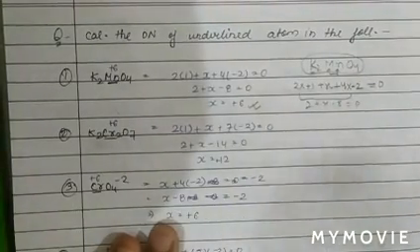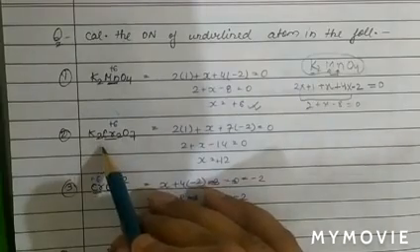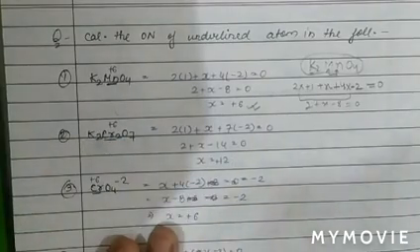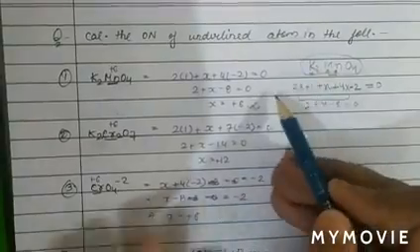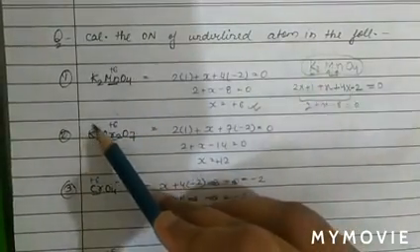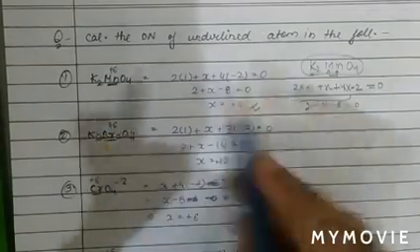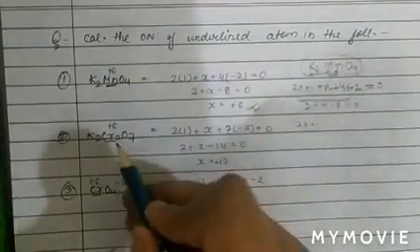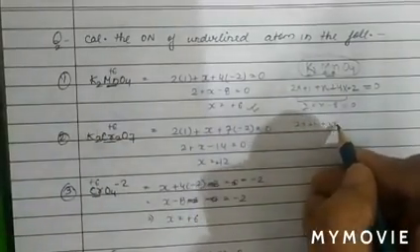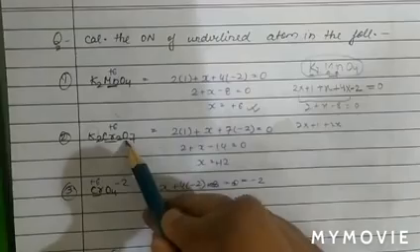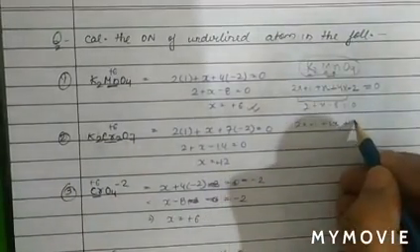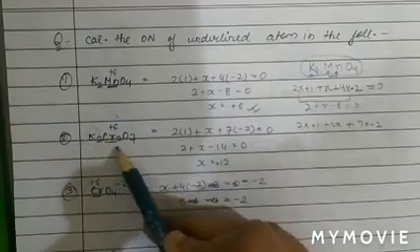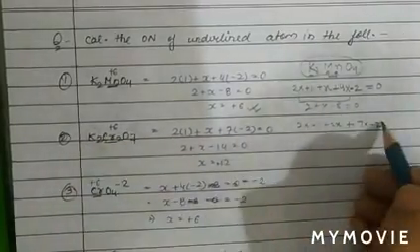See the next question. We have to find the oxidation number of chromium in K2Cr2O7. Again, potassium is an alkali metal, a group 1 element, oxidation number +1. So 2 into +1. Chromium, let it be X; 2 chromium atoms are present, so +2X. Oxygen oxidation state is -2, 7 oxygen atoms, so 7 into -2, oxygen in the form of oxide. And the net charge on K2Cr2O7 is 0, so it is equal to 0.